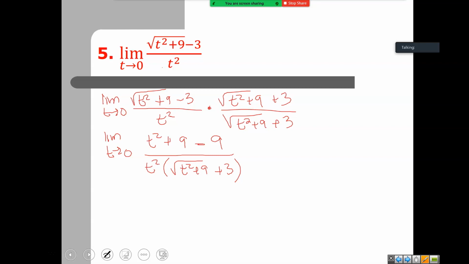A squared minus b squared. And a negative 3 times a positive 3 is a